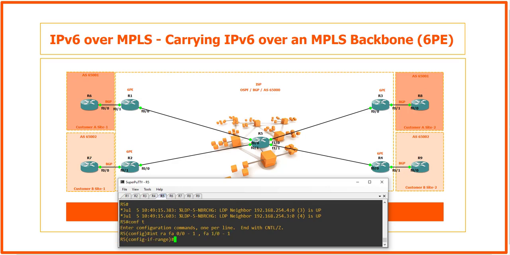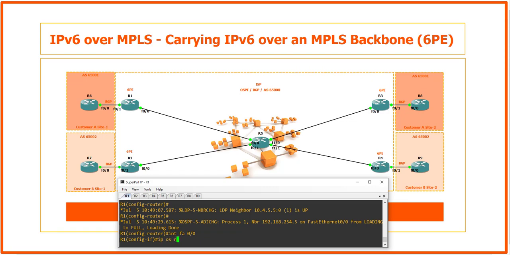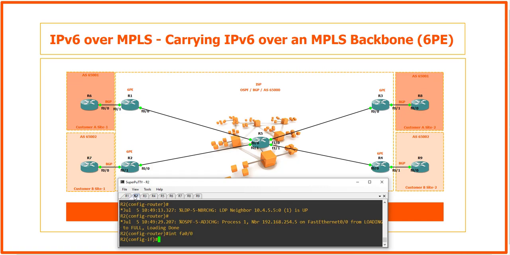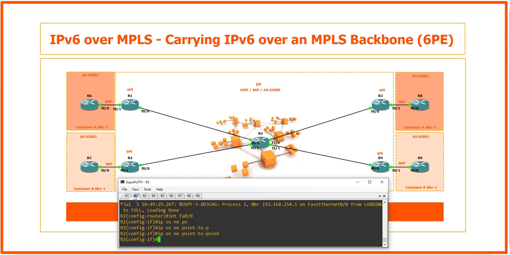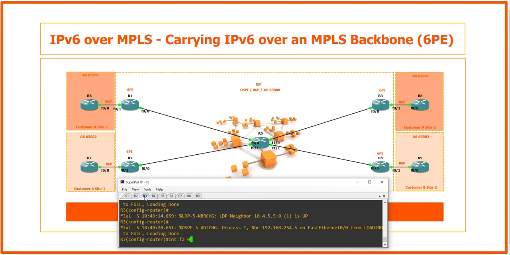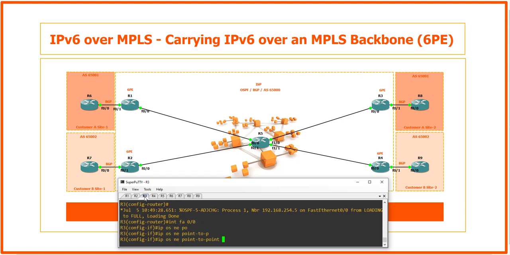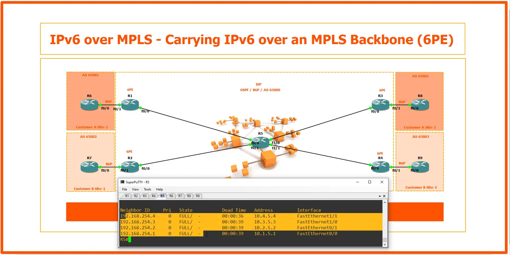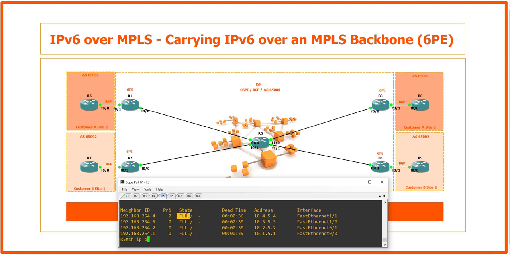Okay. ip ospf network point-to-point, and also in router 1 interface fast Ethernet 0/0, ip ospf network point-to-point. Router 2, interface fast Ethernet 0/0, ip ospf network point-to-point. Router 3, interface fast Ethernet 0/0, ip ospf network point-to-point. And then router 4, interface fast Ethernet 0/0, ip ospf network point-to-point. That's it. Now in R5 we can check again, show ip ospf neighbor. We have 4 neighbors with a state of full, and also show ip show